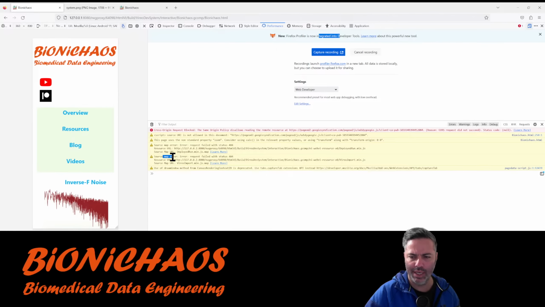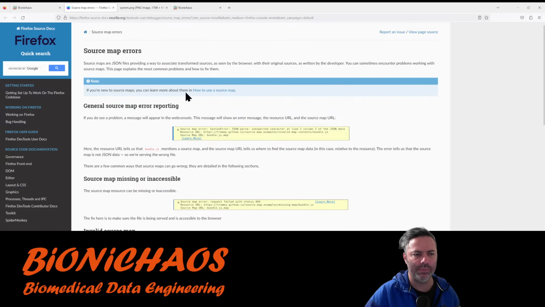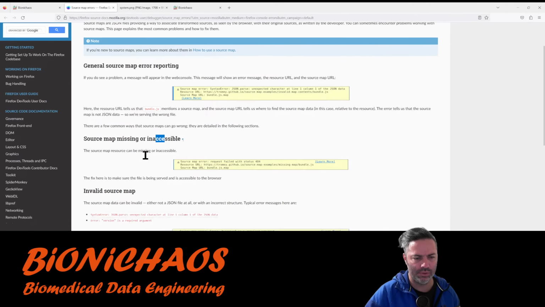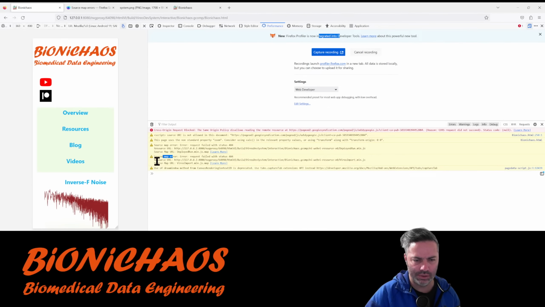Source map error. Source map errors. Wording: source map missing or inaccessible, invalid. This one says 404. Request failed 404.